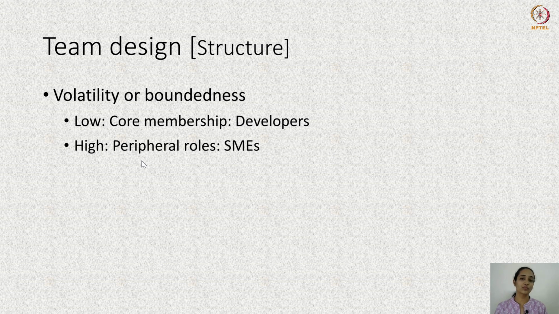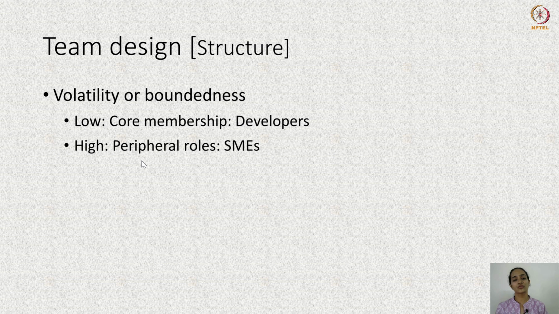The second aspect is whether team members are working on a core area or whether they are working on peripheral areas. For example, some team members might be developers, in which case they can be called core members. Some members might be subject matter experts, and therefore they will be working on peripheral